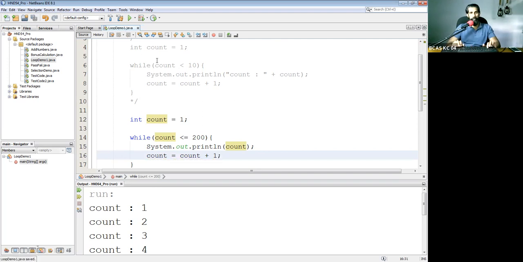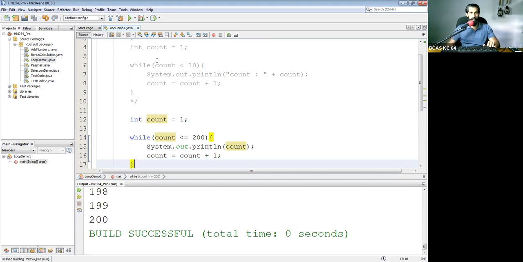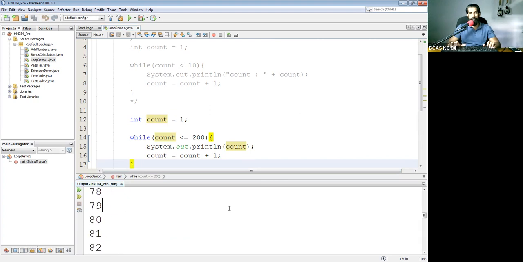Now what happens if you execute this one, values from 1 to 200 will be printed on the screen. Here you can see that they are printed. So I'm just pressing the page up button. So you can see it has got printed. 1 is there, and all the way down, you have 200 as well. You can even go up to 2000, 2 lakhs, doesn't matter. Okay, it can do that work for you.